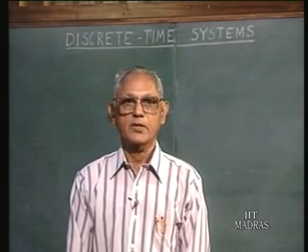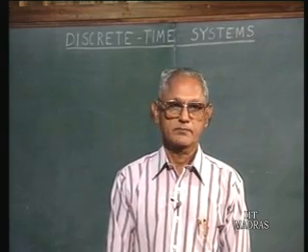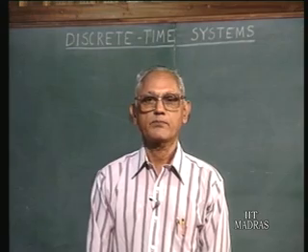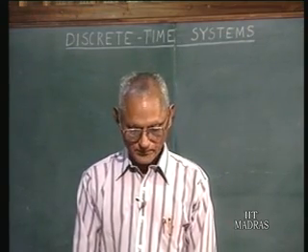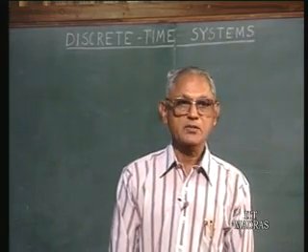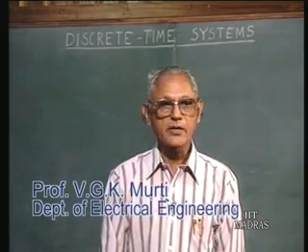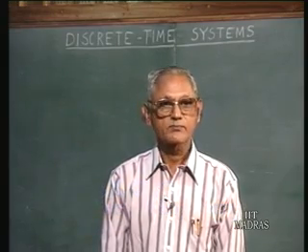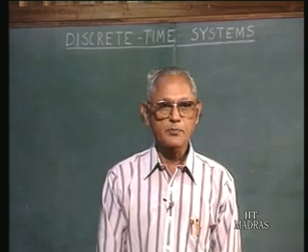We have been discussing so far the methods of analysis of continuous time systems, where the variable can take values as continuous functions of time. You recall that we mentioned in the introductory part of this lecture series that in contrast to continuous time signals, we have what are called discrete time signals. These signals take values at discrete points